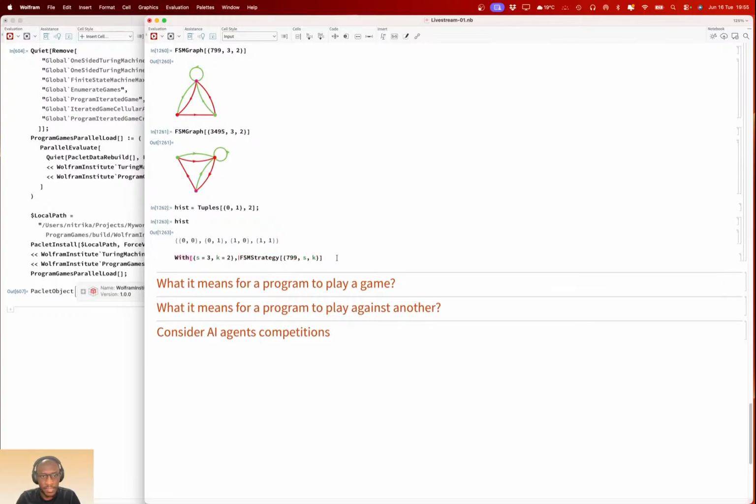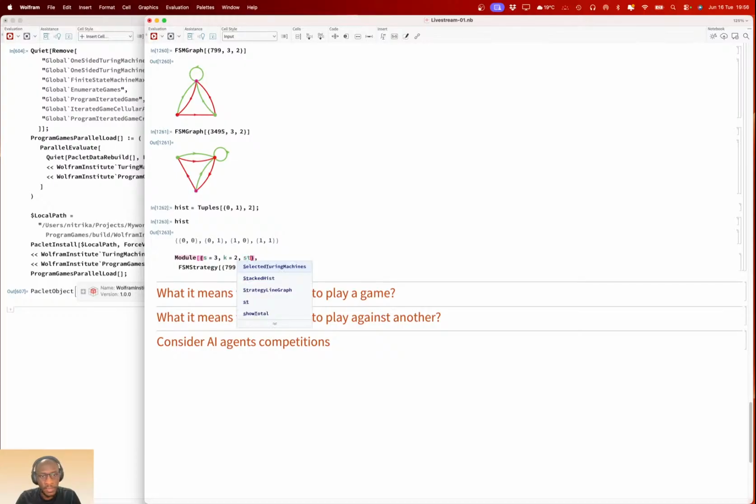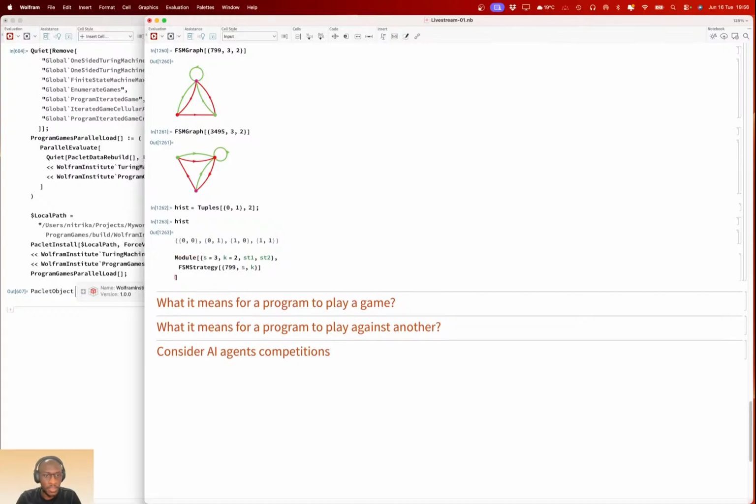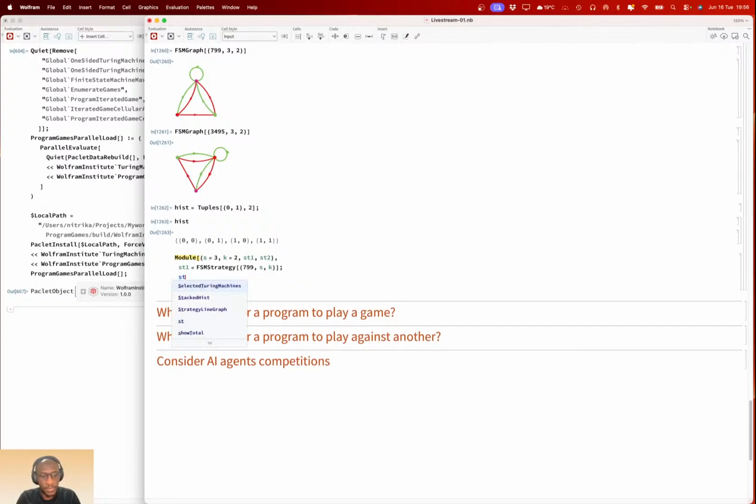The other strategy is a module: start 1, start 2. So start 1 is that, and then start 2 is FSM strategy 295 SK.